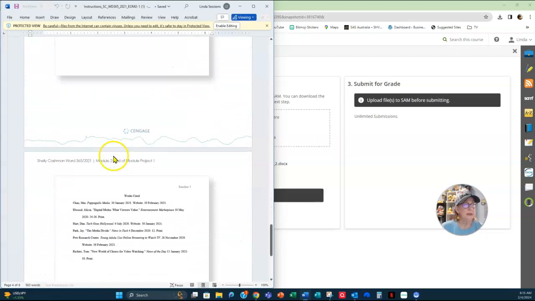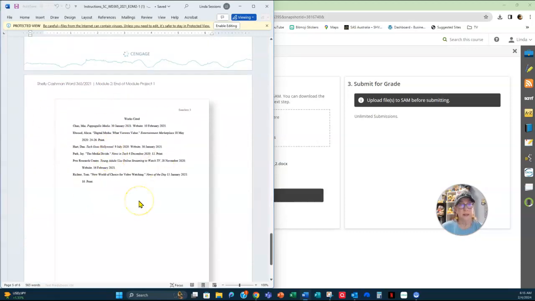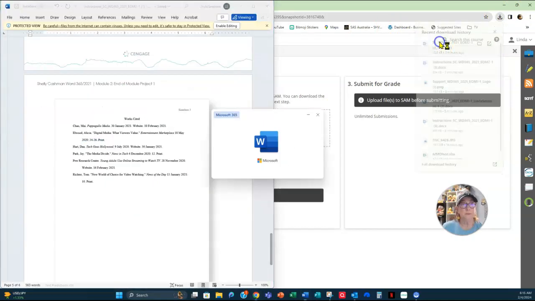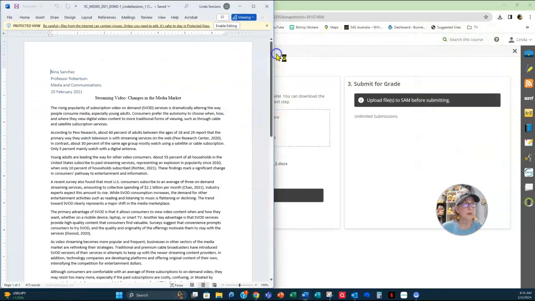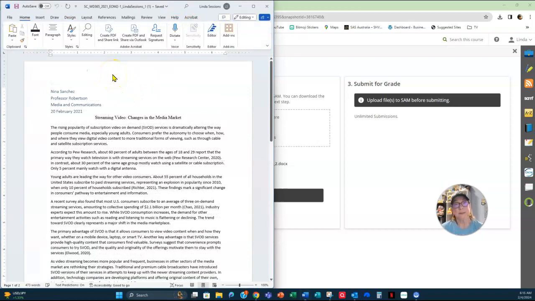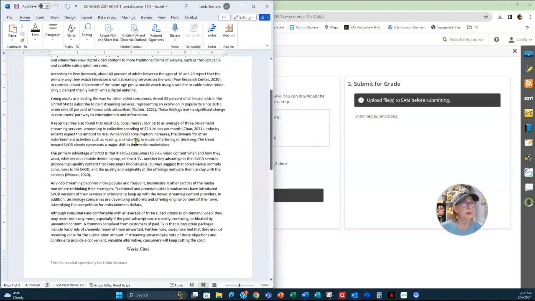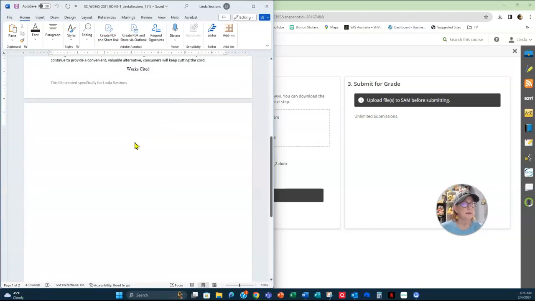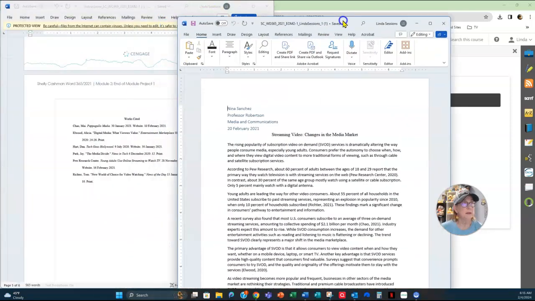And finally, you're going to be adding a works cited page. Now, when you start off with this document, this is what it's going to look like. So the first thing you'll want to do is enable editing, and then you're going to save it with the correct name. Okay. Then you're going to take all of this and you're going to be making changes to it to where it looks